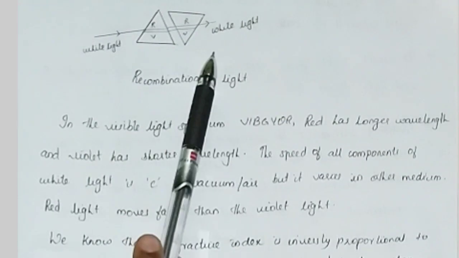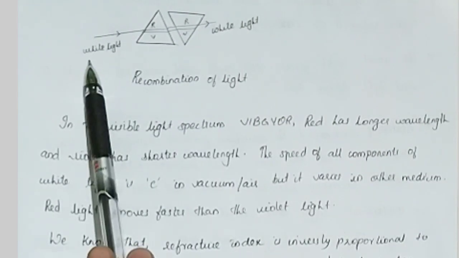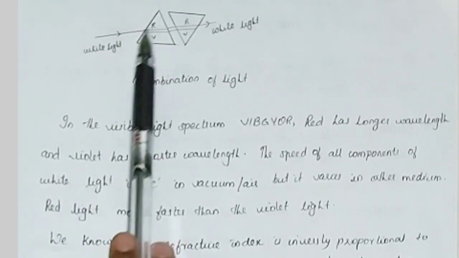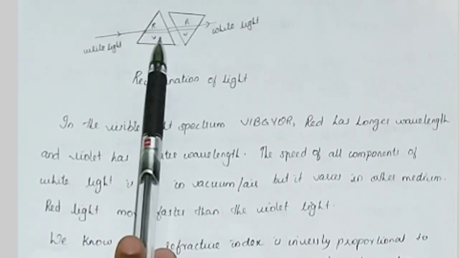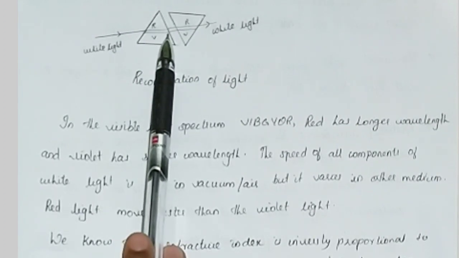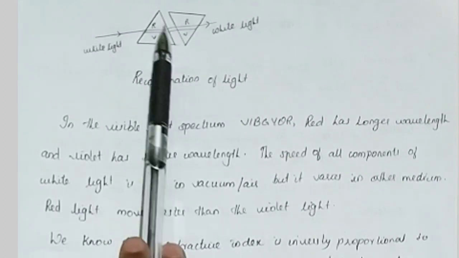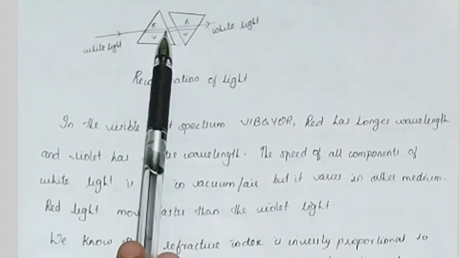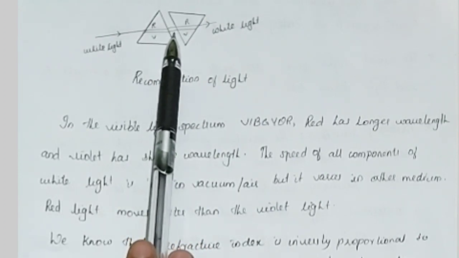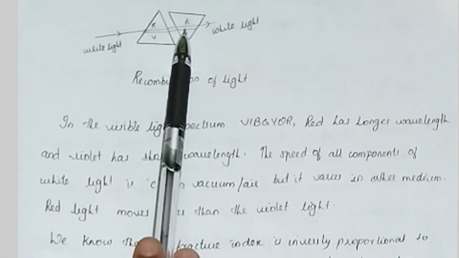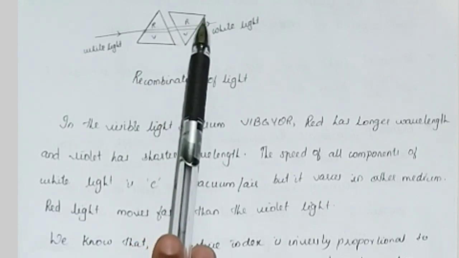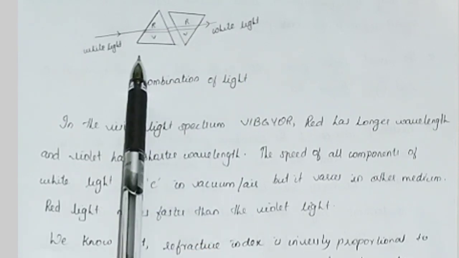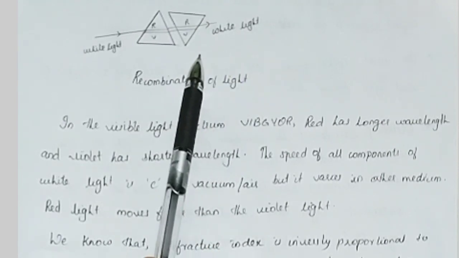This was experimentally done by Sir Isaac Newton, and he found that when a light ray passes through a prism, it undergoes dispersion and gives the component colors, whereas when another inverted prism was placed near to it and the dispersed light was allowed to pass through the inverted prism, on the other side of the prism a white light was obtained, and this is known as the recombination of light.